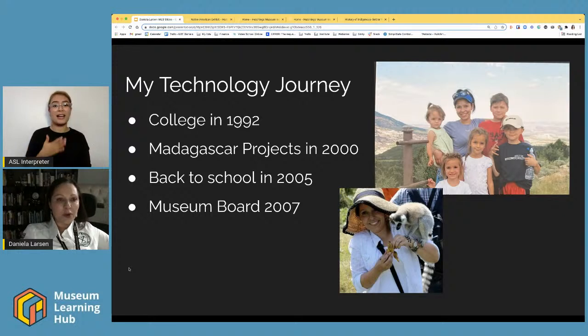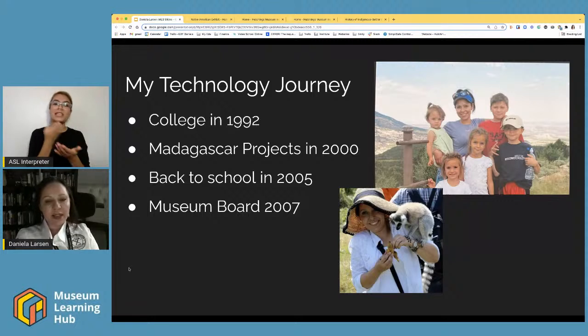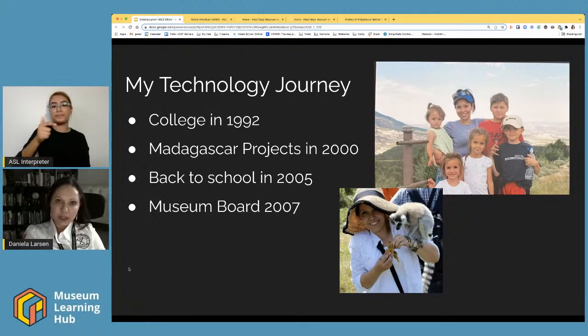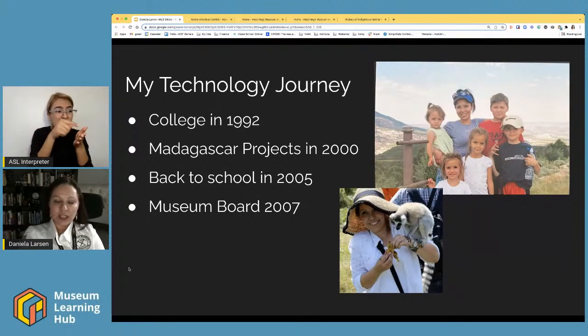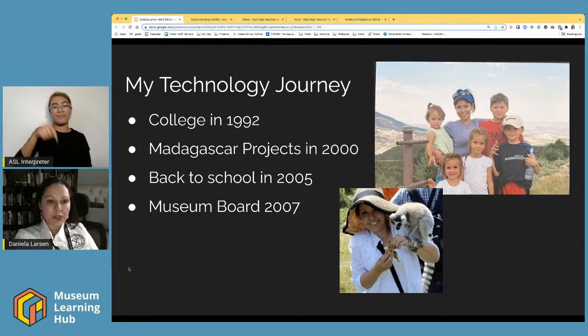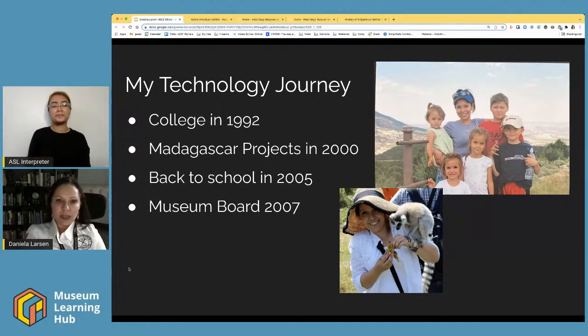Our family had a nonprofit that we were working with, and we were doing economic development work in Madagascar. And I had really been looking for somebody to create some online education. 1992, the internet was just coming out, this thing that we were hearing of. But it was so expensive to pay somebody to create any kind of online education. That's when I went back to school to the digital media program here at Utah Valley University in Orem, Utah, just to learn how to do it myself, because I couldn't find anybody to do it.